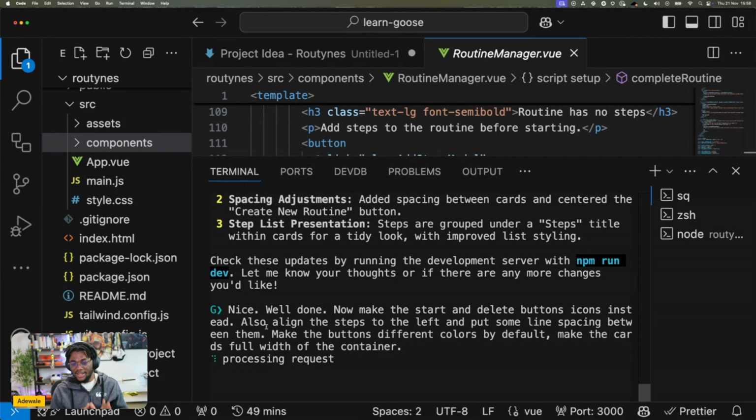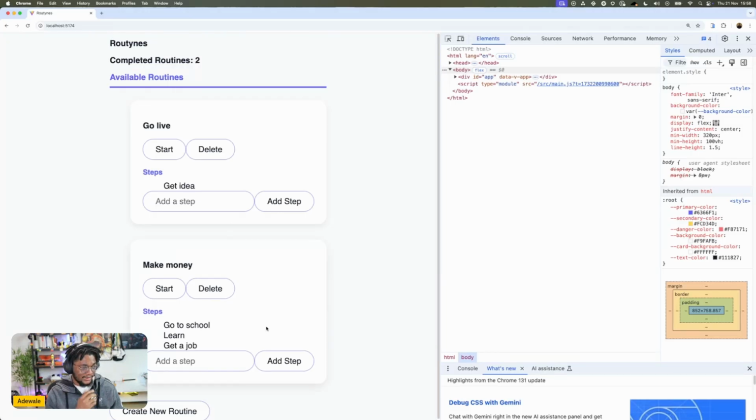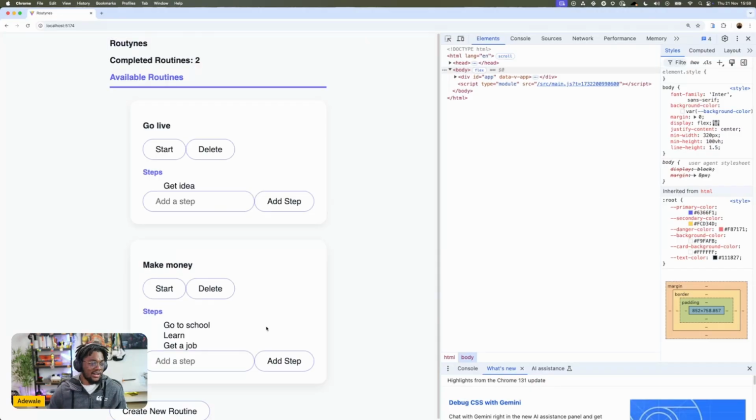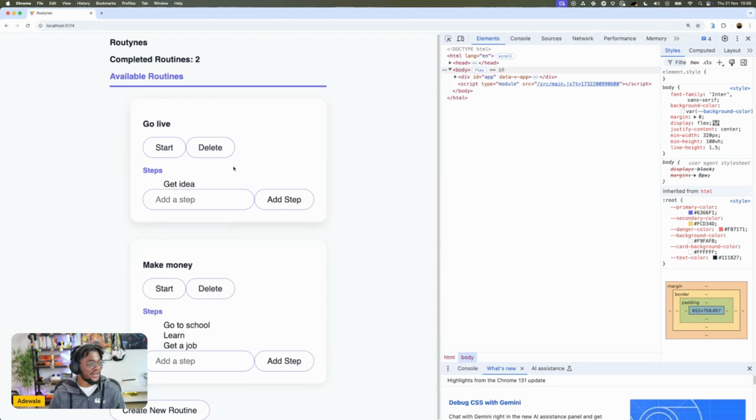This is probably my last instruction before we wrap it up, call it a day. But I think with just some of these instructions, we've been able to build a very, very simple application. Now I'm asking it to probably install an icon package because that's what it's going to use. That instruction is probably confusing a bit as well because I'm like, make the start and delete buttons icons. But that's ambiguous. I don't know. But yeah, in less than an hour, we've built a functioning